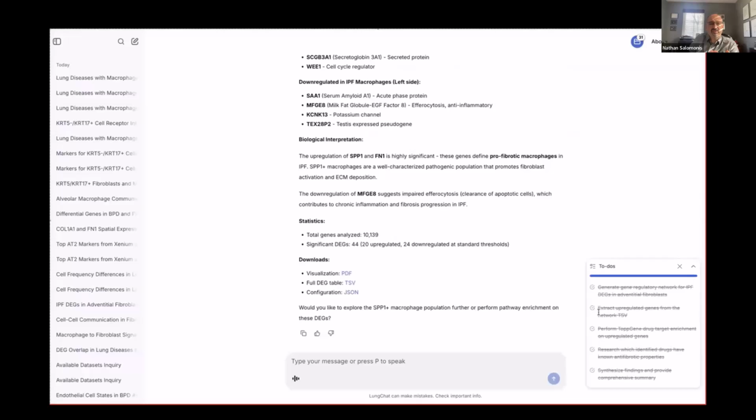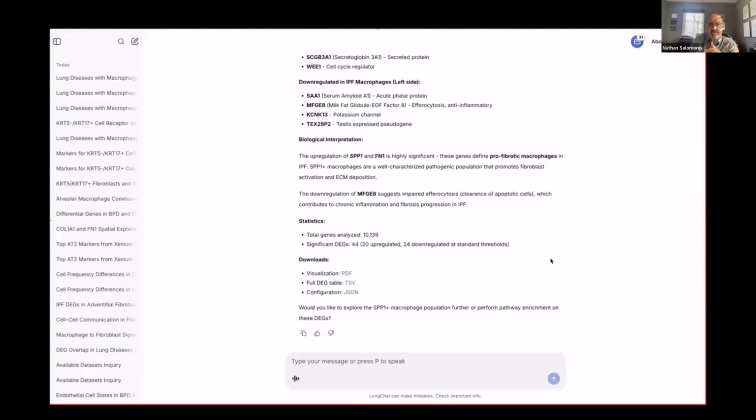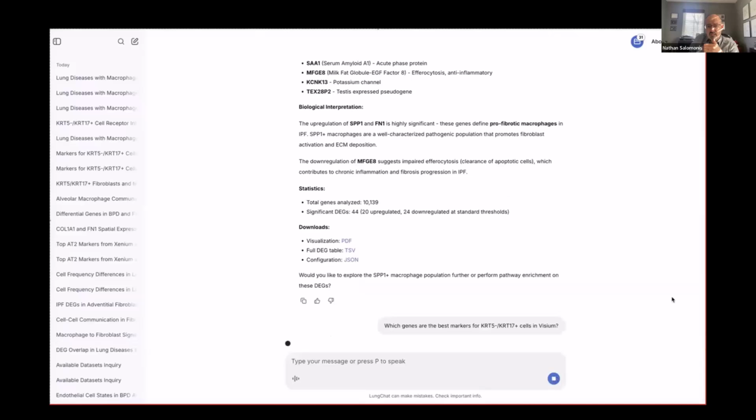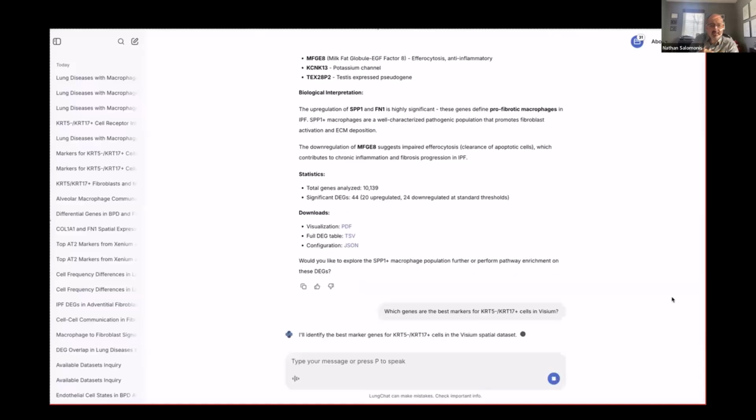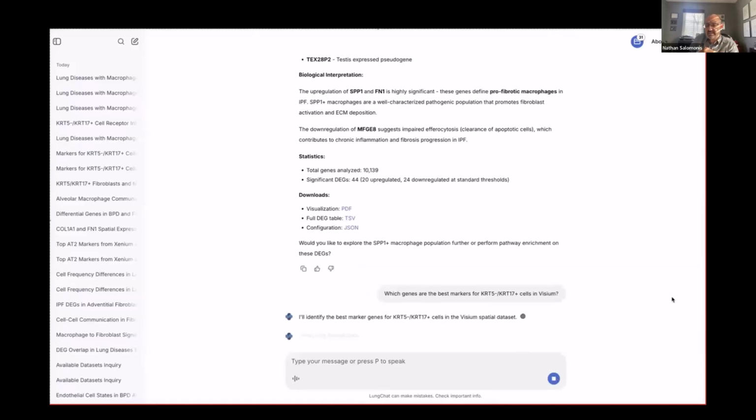It's describing what their functions are, both upregulation and downregulation, telling you a little bit more about the pathways that are associated with these, and what the potential implications of that are, along with being able to download those results.